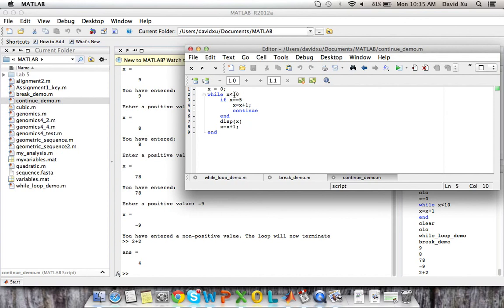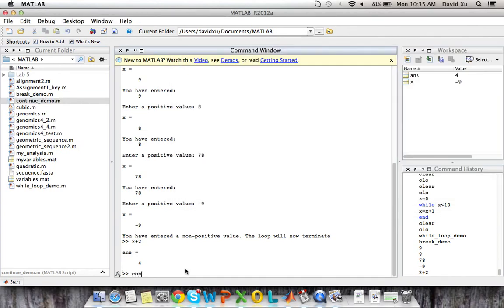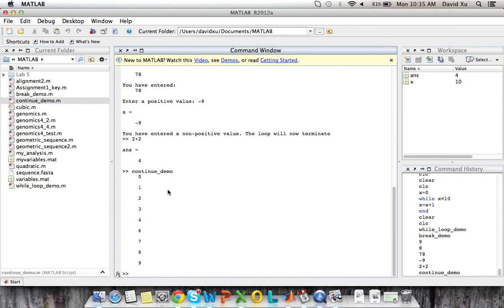So even though x is less than 10, it's not going to display x for x equal to 5. So if we run this, we can see that it displays all values of x from 0 to 9 except for 5. So that was pretty much